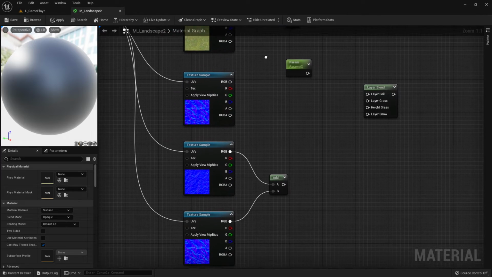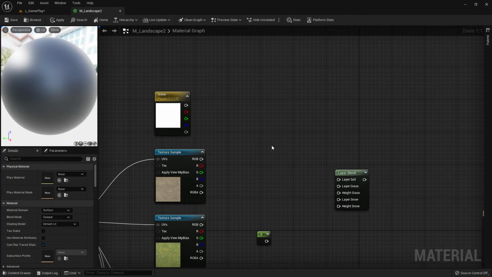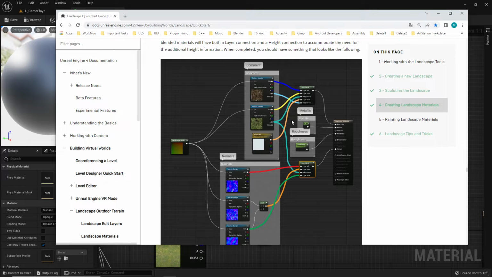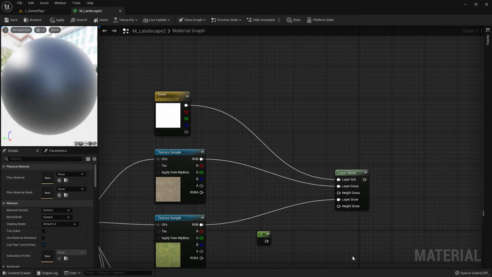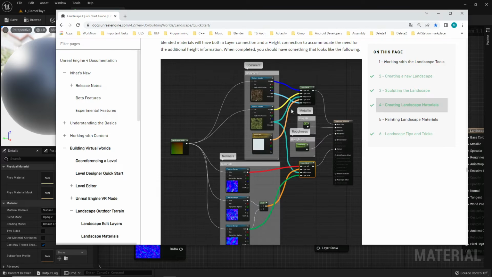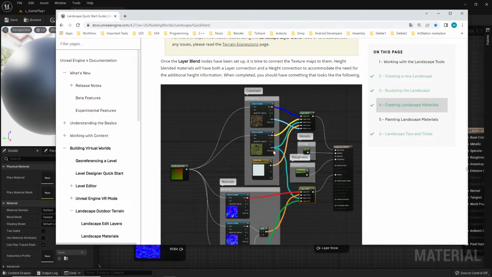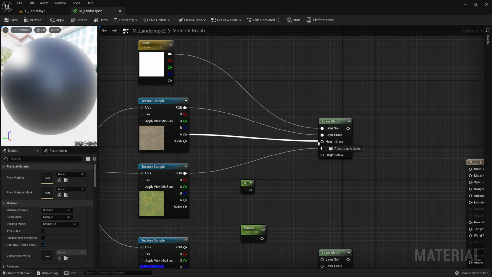And did I add this end here? Good. Let's start with the top one first. I add this one and this one, and let's see this one here. All right, I add this one to this one to this one, and this one to this one. And that was my top almost. Let's add this alpha here, what I have here, to this heights here, and this alpha here to this height there, and then we are finished. All right, let's do this alpha here to this height, and alpha here to this height,